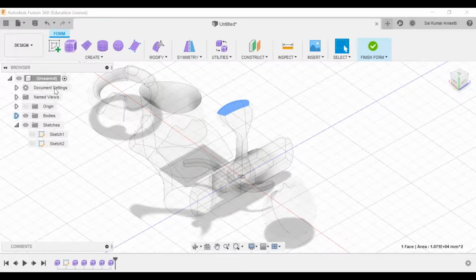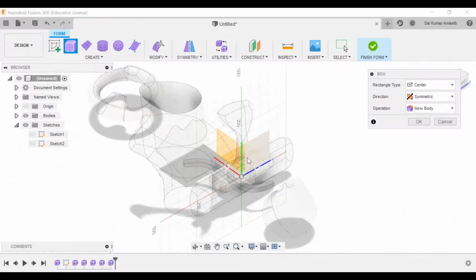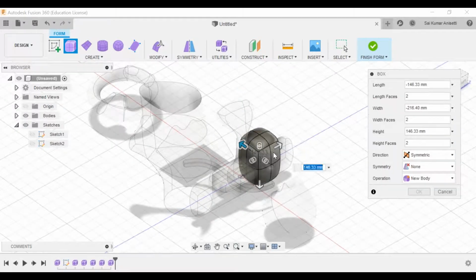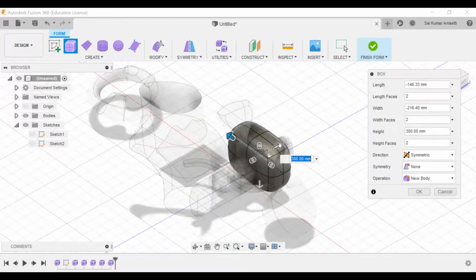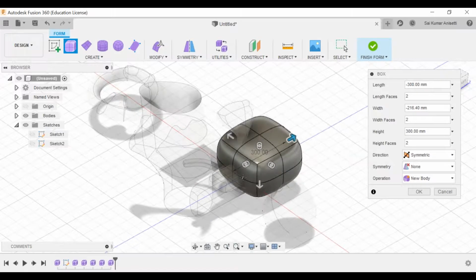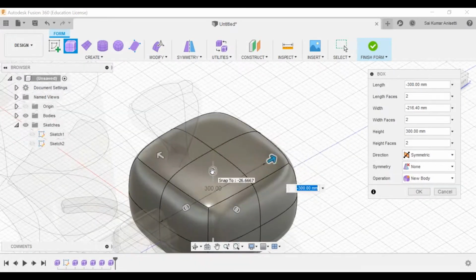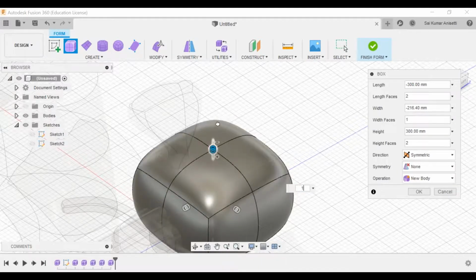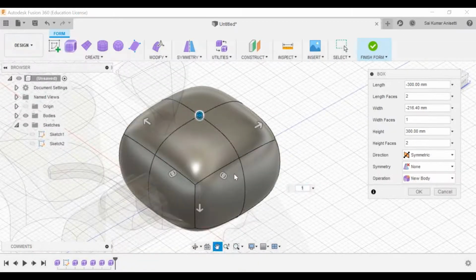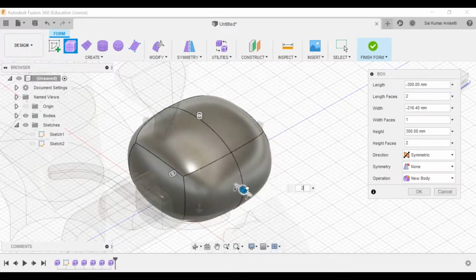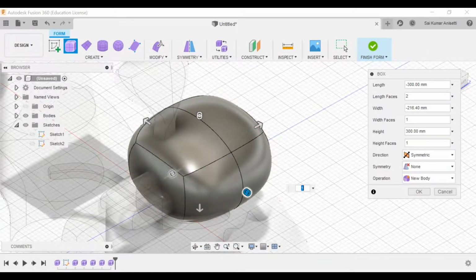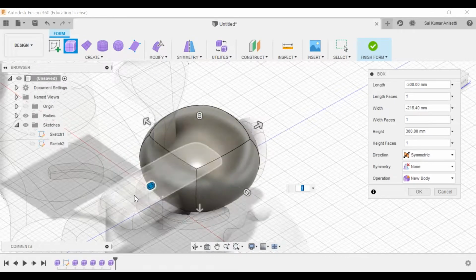Now okay, let me take a simple body. I mean, let me take a simple base and create. Now we will see. Okay. Now I'm adding material onto this face. Now what you are asking is, how can I turn these 4 faces into one? There is a bracket over here, right? See, now what I'm doing is, this is minus. Okay, now I have turned that into this. And if you turn everything into this, see, now it has become 2. Now even change that into 1. Now it has turned into only one such surface.